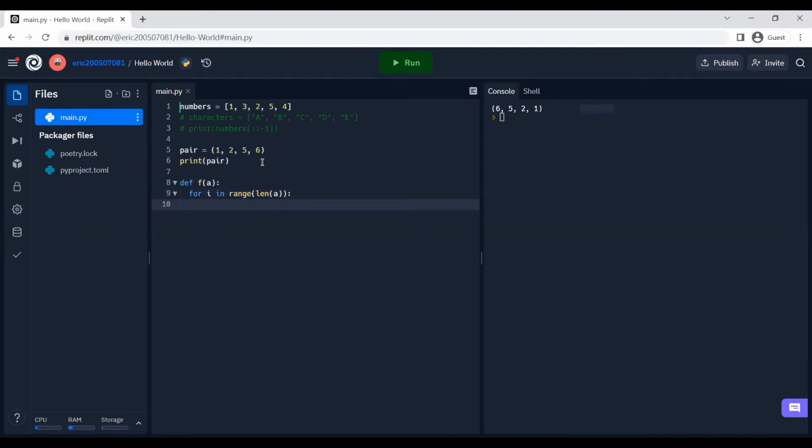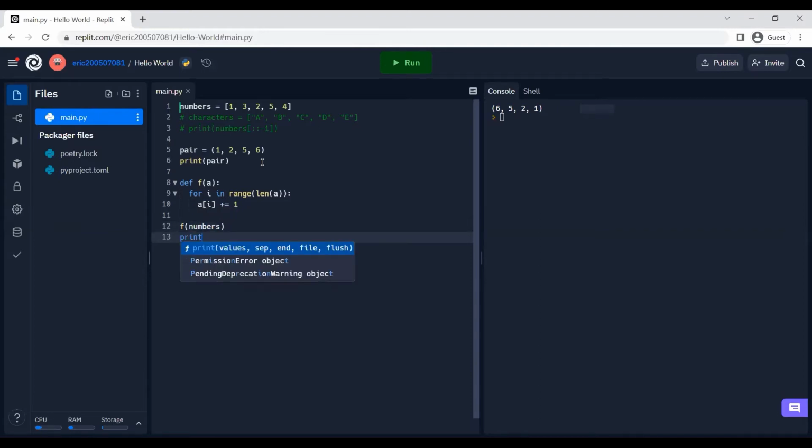So we can just say A index i increase by 1, and then that will be it. So if we do f of numbers, and then we print numbers,